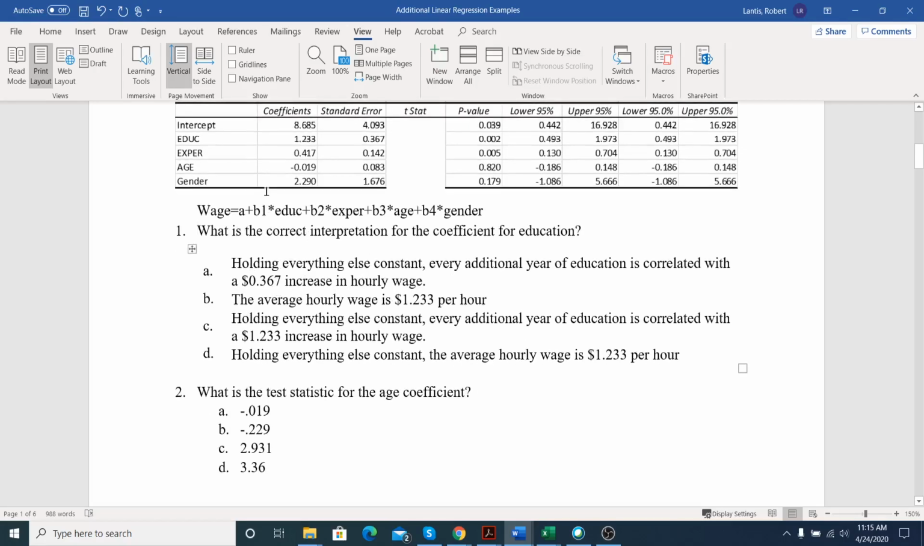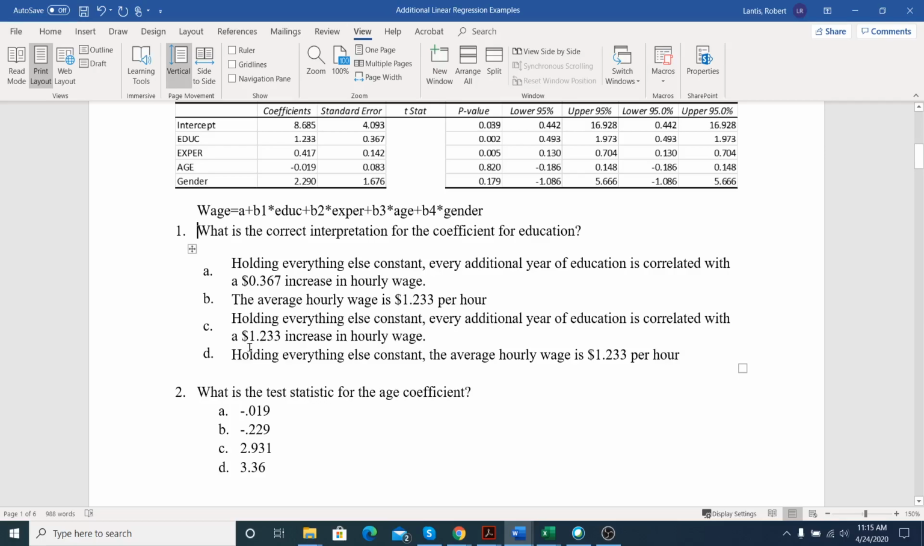So that's the interpretation, and then we also have to add, because we have multiple regressions, holding everything else in the regression constant. So someone with the same years of experience, same age, same gender, but one of those people has 1 more year of experience, their hourly wage would be about $1.23 higher. Right? So holding everything else constant, every additional year of education is correlated with a $1.23 increase in